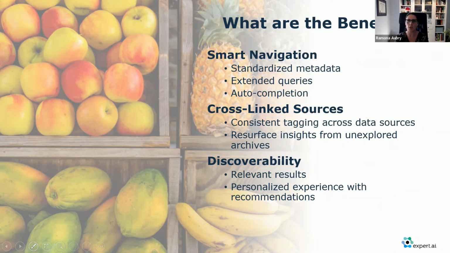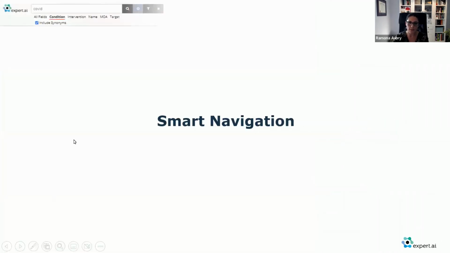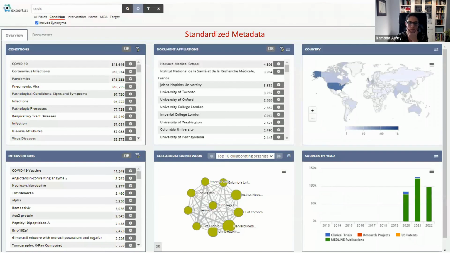So the system will learn about providing the best recommendations based on some experience around the user, but also based on the topics that you looked up in the first place when you chose your movie or your TV show, which were obviously standardized against taxonomy. Let me walk you through some examples of smart navigation. I'm going to give you here an example of an analysis that we did around COVID.